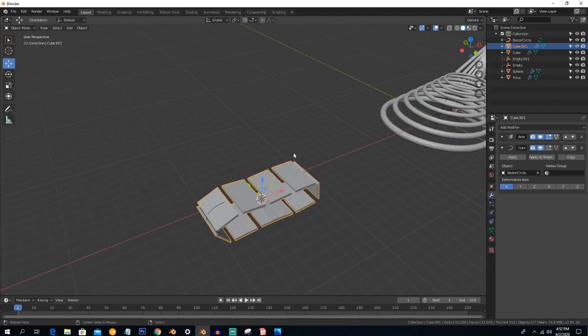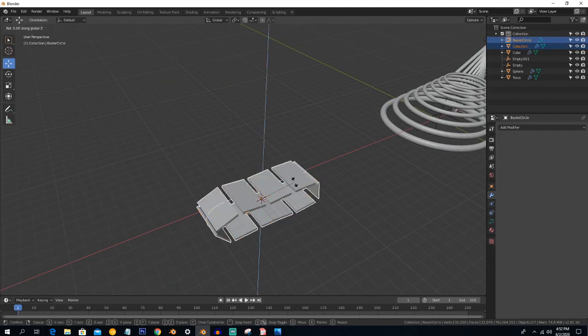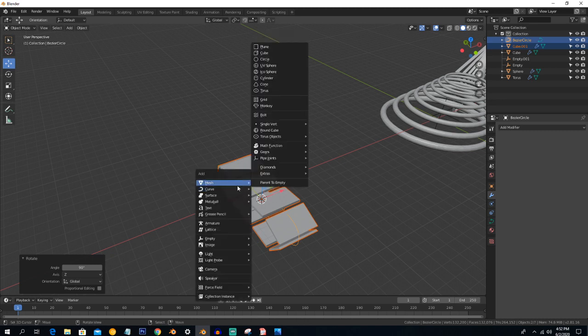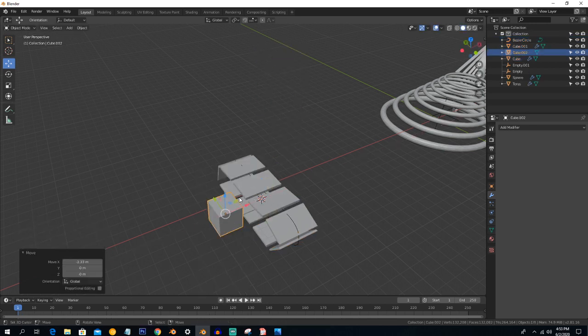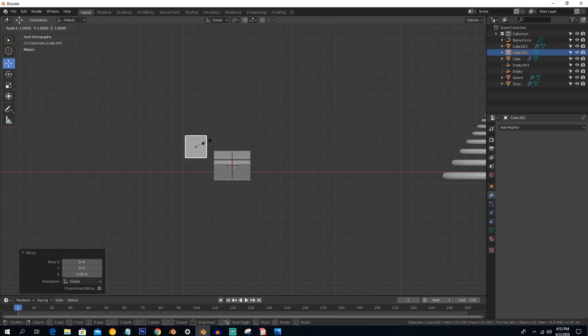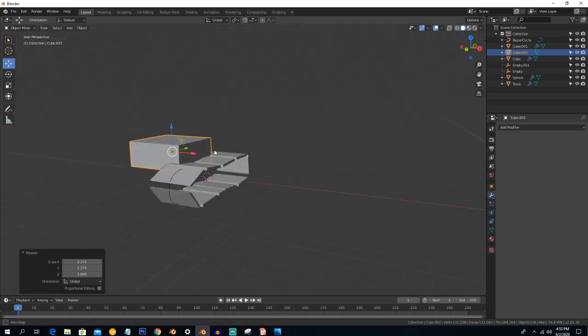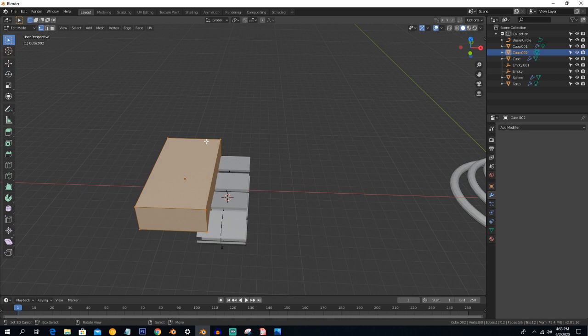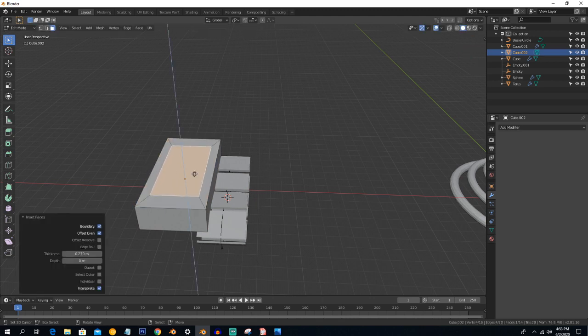Select this and press R X 90, and just add a cube here. Press S and Shift Z to scale on only the Y and X axis, and scale on the Y axis. Press Tab to go into edit mode. Now select this face and press I to inset, and E to extrude it upward,